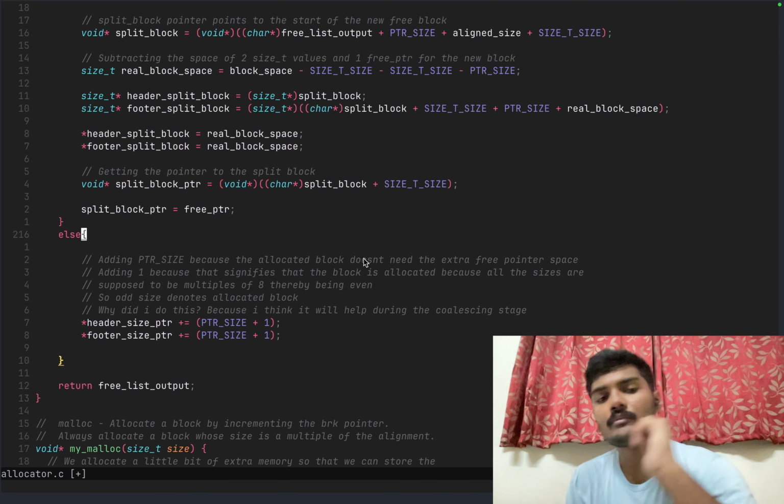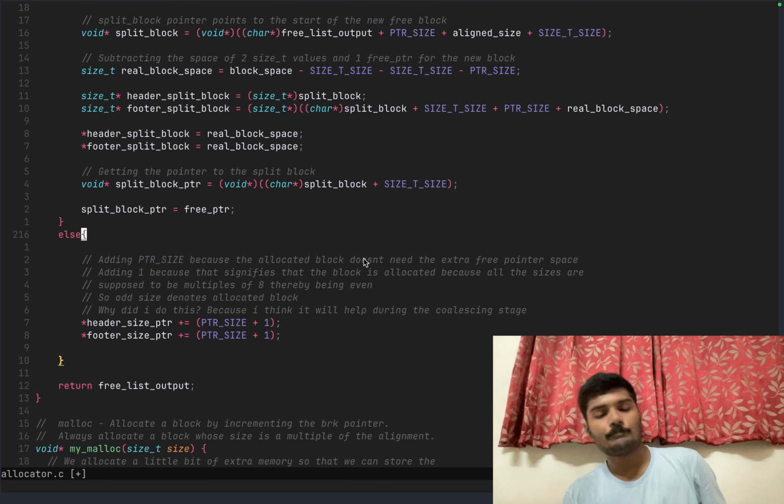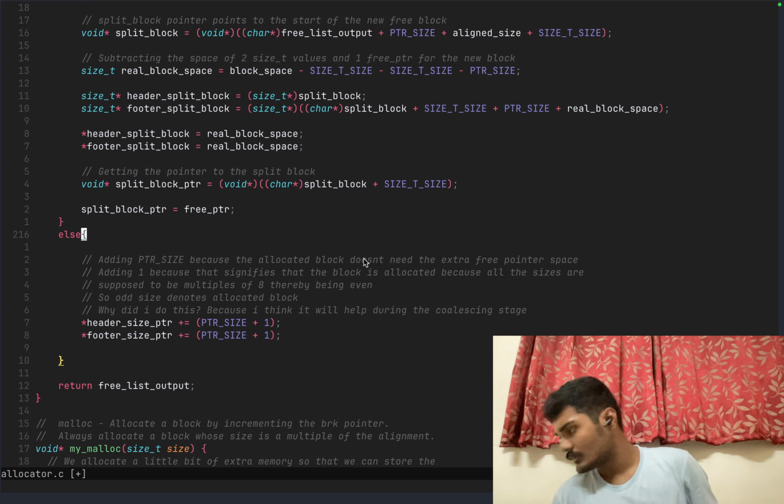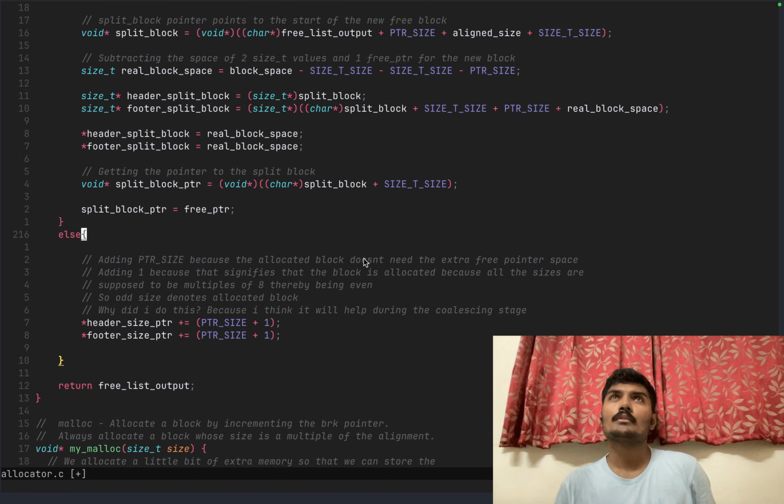So split block pointer is equal to free pointer. So free pointer points to, let's say, this block. Now I have to make it so that free pointer points to this block. It has the value of 123. Now to make it so that the 123 is present inside this split block, I have to make it so like the